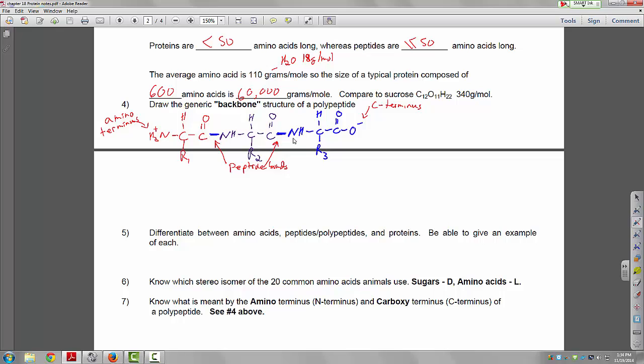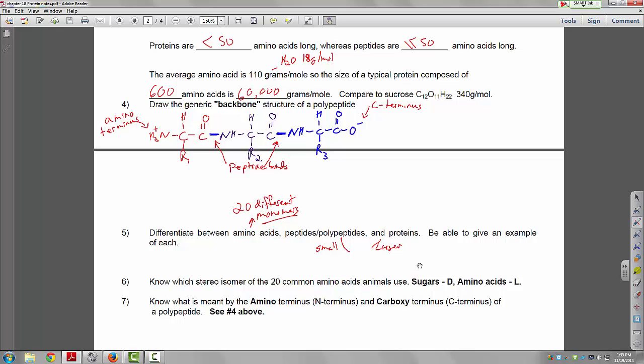Differentiate between amino acids, polypeptides, and proteins. Amino acids, remember, these are the 20 different monomers that go up to make peptides and proteins. And again, the big difference between these two is size. So polypeptides are smaller. Proteins, of course, are larger. It can be quite large. A typical protein might be 60,000, but it can go up to 6 million grams per mole,